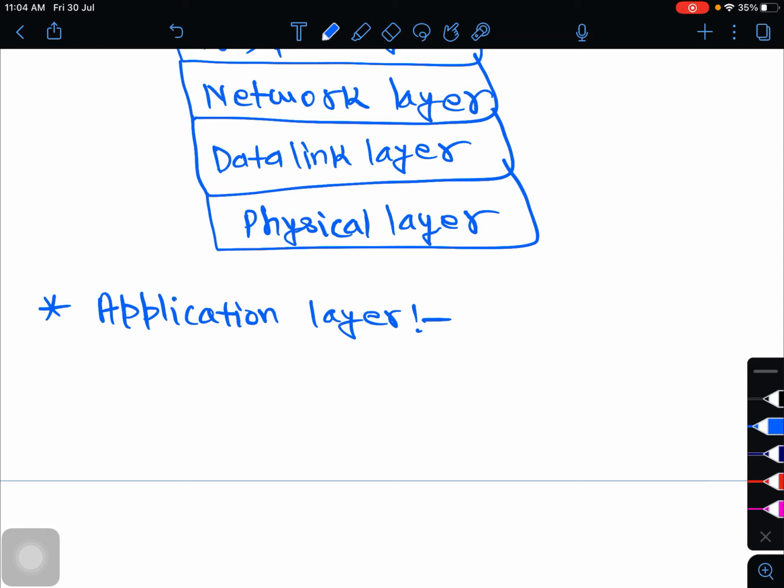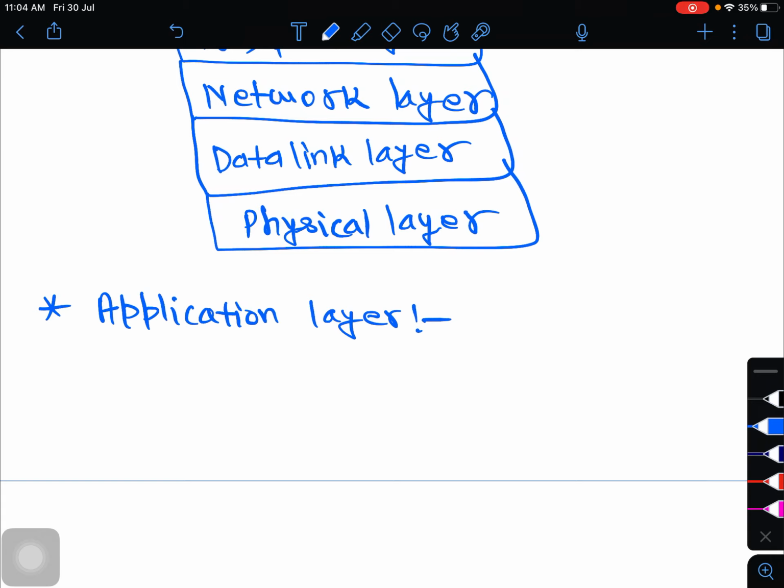Application layer provides services to the application's user. This layer possesses protocols by which users directly interact with each other. Means in the application layer, data is transmitted to applications.